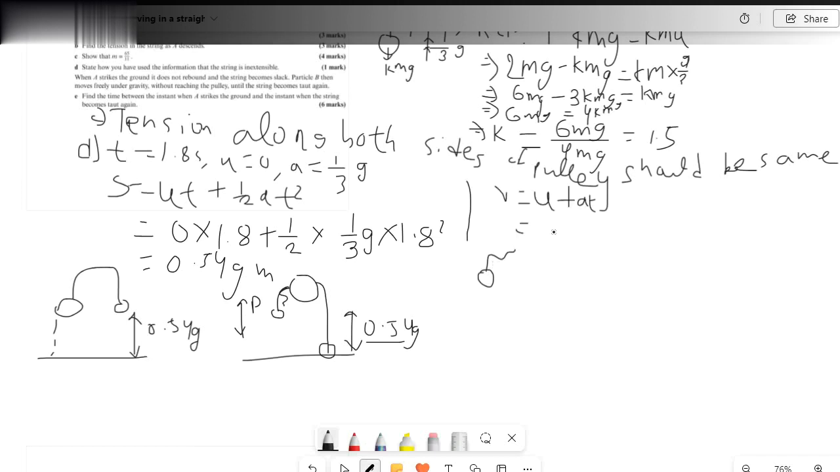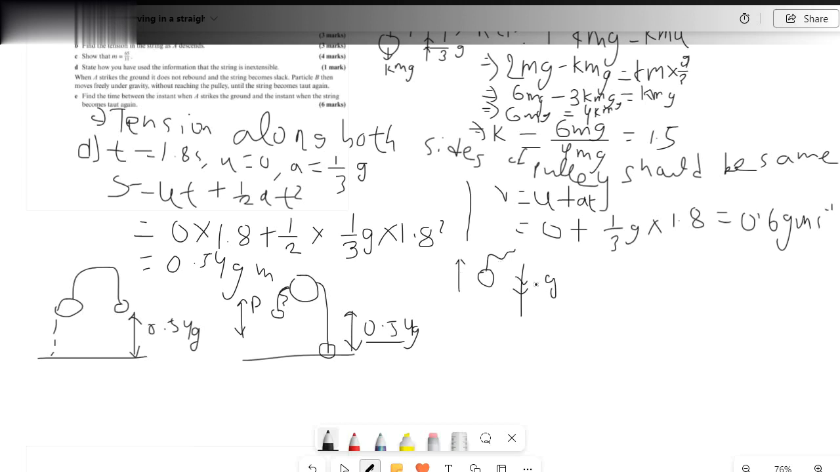So we can find out the velocity of P as soon as the wire or string becomes slack. Using the formula, initial velocity is 0 plus a, which is 1/3 of g, multiplied with time, which is 1.8, and therefore the final velocity must be 0.6 g meters per second. So this is the final velocity of particle P as soon as the string becomes slack. After it becomes slack, the particle P starts moving under free fall,